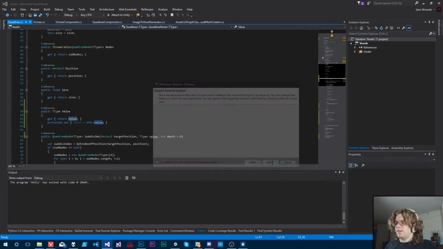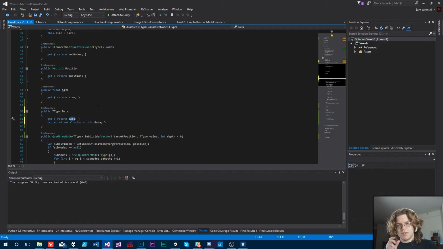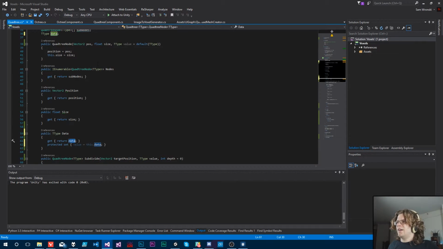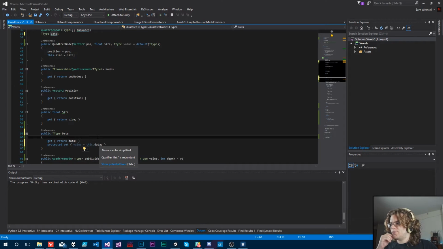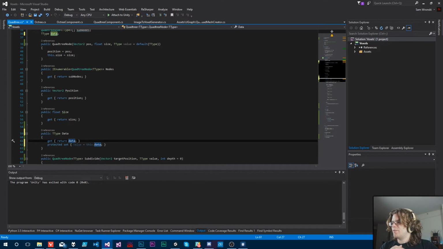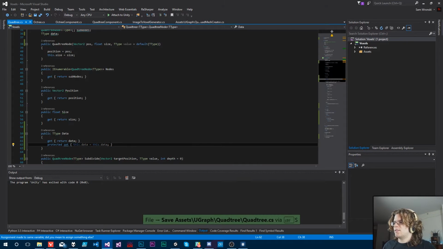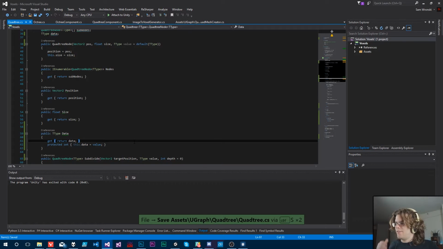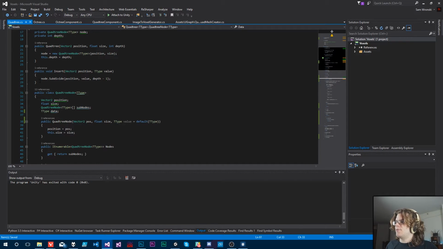So again, this is ReSharper, so it's going to do a little bit more than the standard Visual Studio. It's an extension by IntelliJ, so that's where all those menus are coming from. But as you can see, it renamed everything from value to data, which means we want this .data there, and we want to set it to the value, and that fixes that issue. So now we're getting a data point out. So we can actually save out the